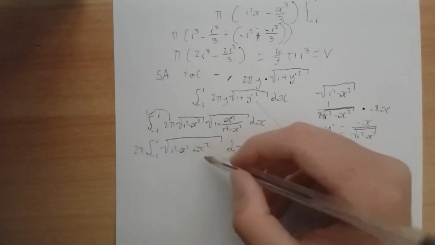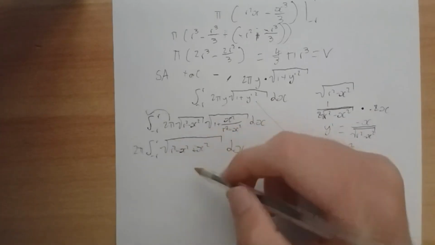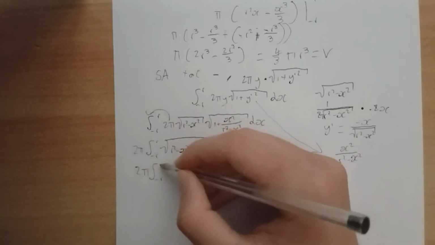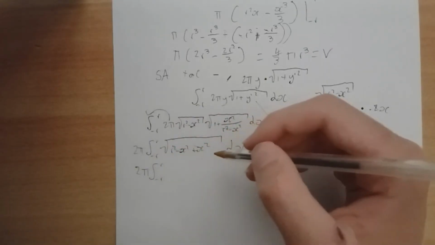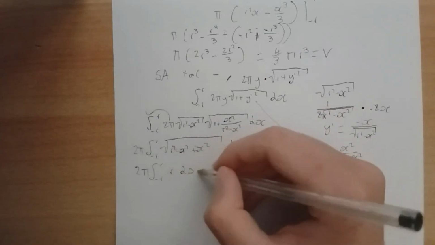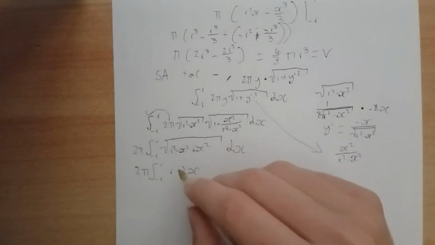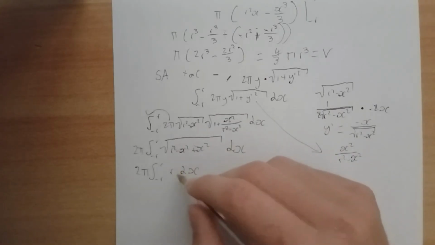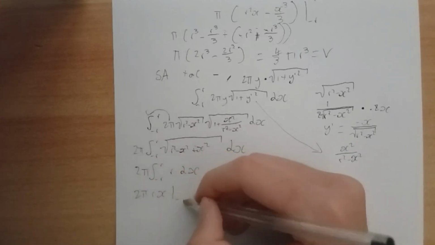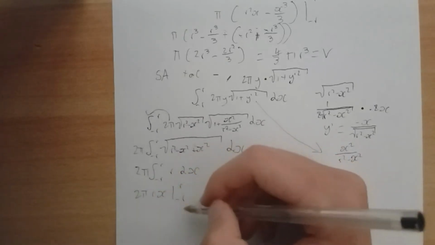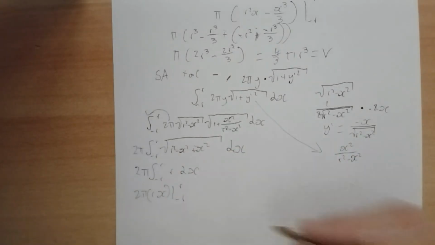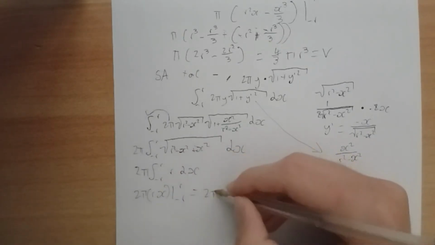Now the minus x squared and the plus x squared cancel, and the square root and the square cancel, so we're just left with 2 pi times the integral from minus r to r of r dx. If we just integrate this, it's just r times x. So we just get 2 pi r x from minus r to r. We quickly evaluate this, and it's equal to 2 pi times